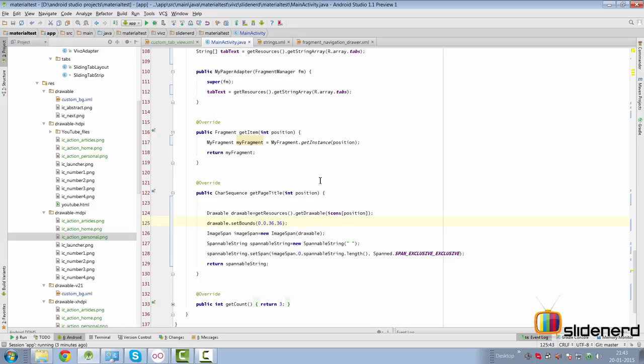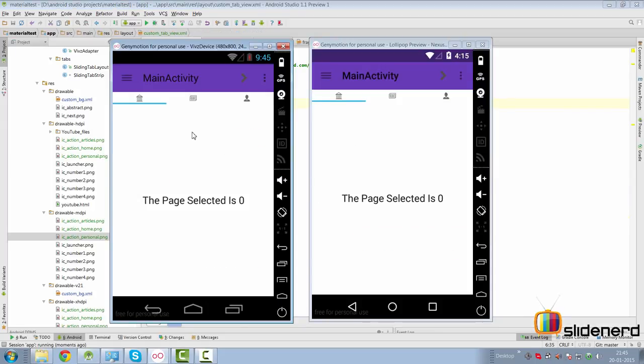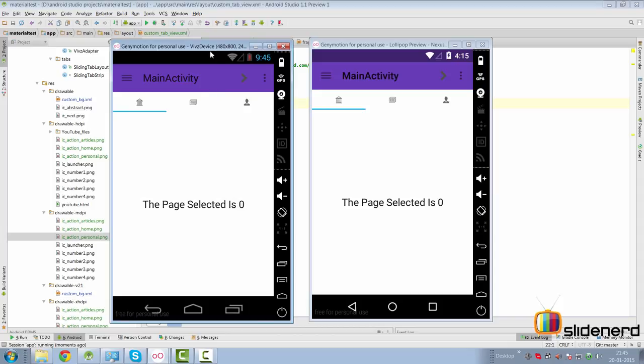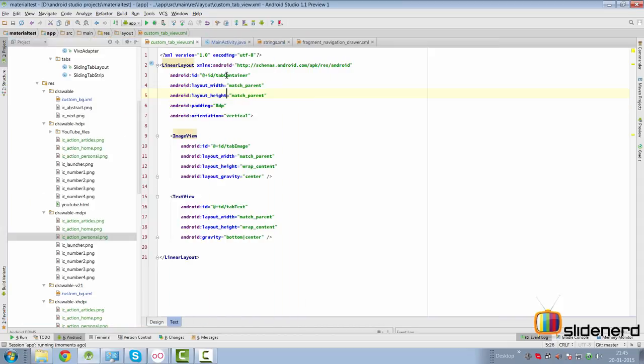So now at this point, if we run the app, we should be able to see the icons. Let's take a look at that. And bang, there's our tab with icons, all three of them. And that's our lollipop and our play lollipop. Now the tabs definitely don't look that good because they are not taking up any space. So let's give them some padding here back in our layout file. So at this point, if you run our app, what you see is better tabs. And the way I did that is to go to our layout file and add a padding of 8 dp